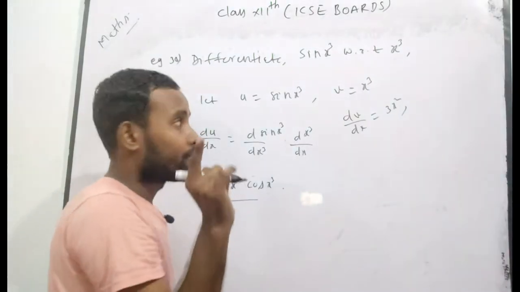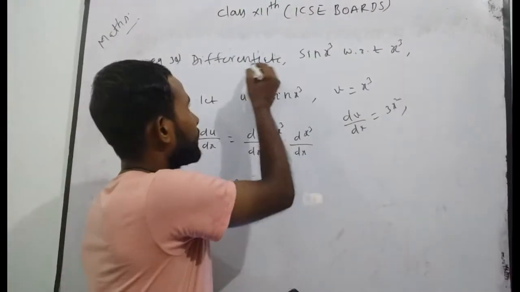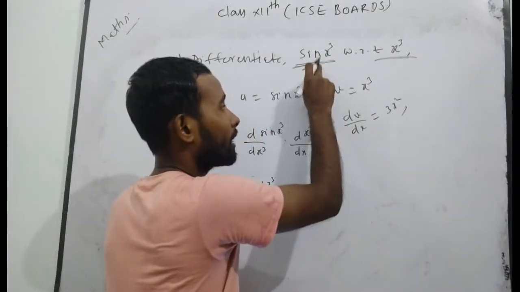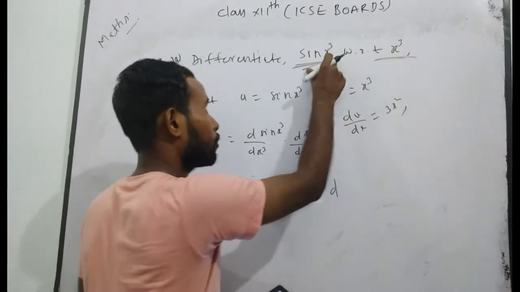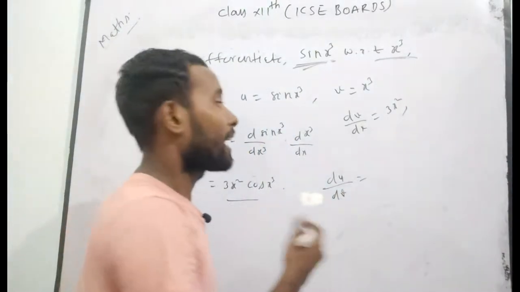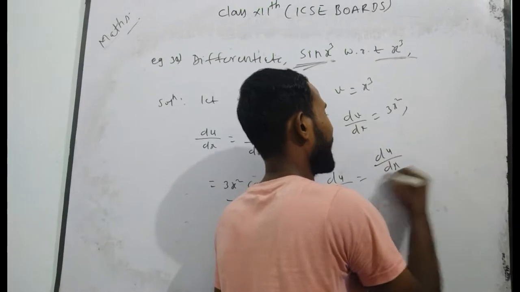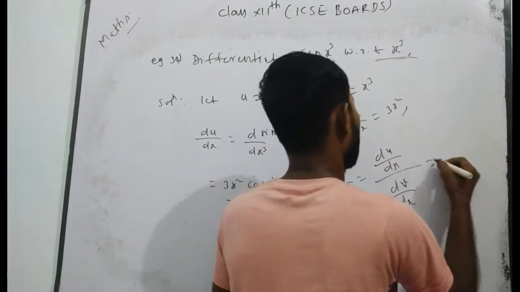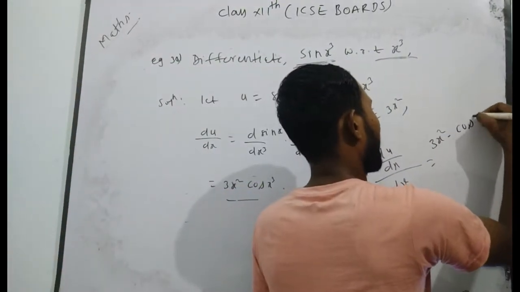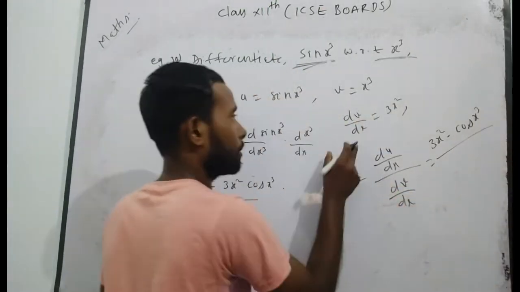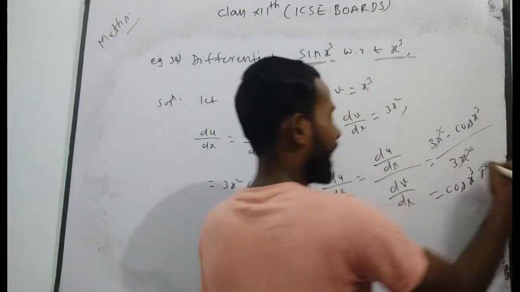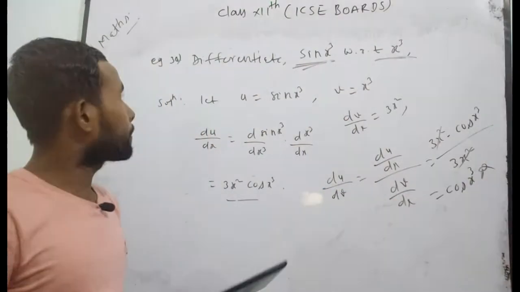As you know that you have to find the derivative, see here and look at what it is. Here you have to differentiate sin x cube with respect to x cube. Sin x cube, that means this function, is u. That means you have to find du dv. As you know, du dv can be written as du dx by dv dx, and du dx will be 3x square cos x cube, divided by dv dx. dv dx will be 3x square. 3x square cancel, and finally you will get cos x cube, which is your required answer of this question.